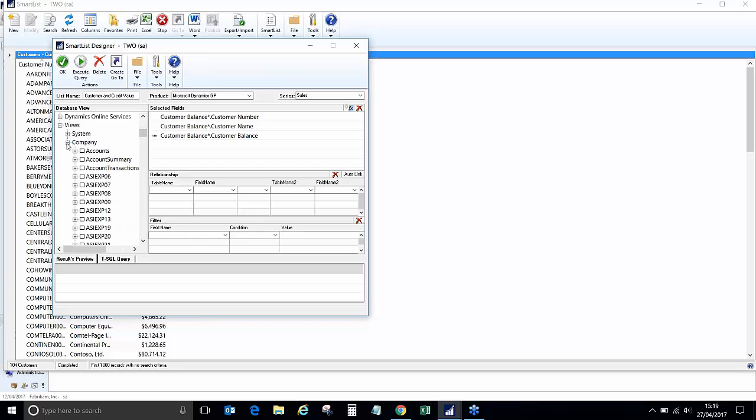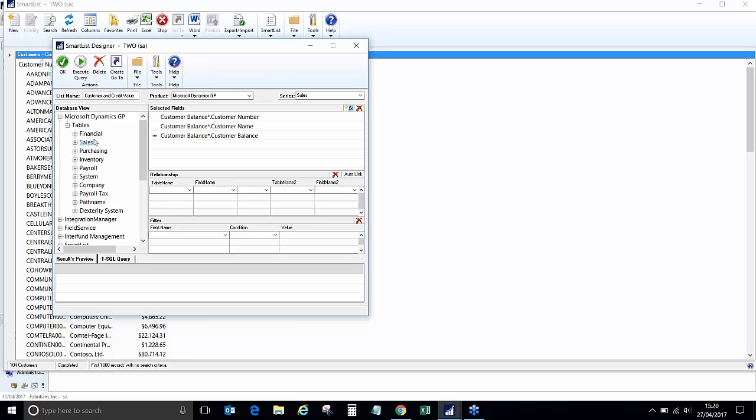Let's close up the views, and if I go back up, obviously I want to add a column to this existing smart list from Microsoft Dynamics GP. So I open up my Microsoft Dynamics GP node, as they call it, and then open up my tables. Here are all my tables with all the relevant fields in. It's a little bit of trial and error for you guys, picking the right table with the right information in, and then finding